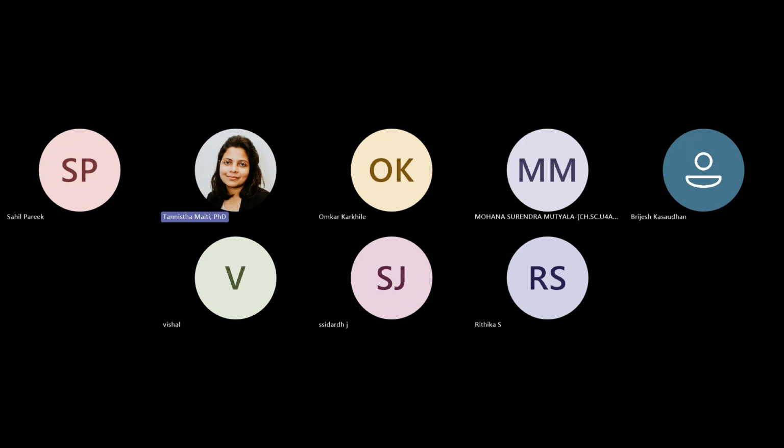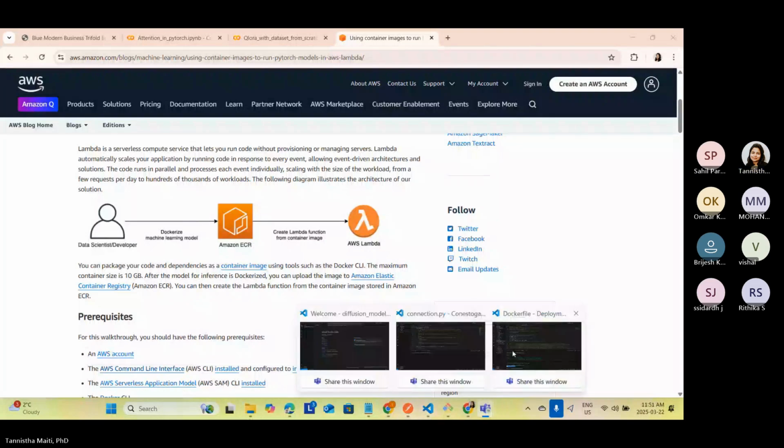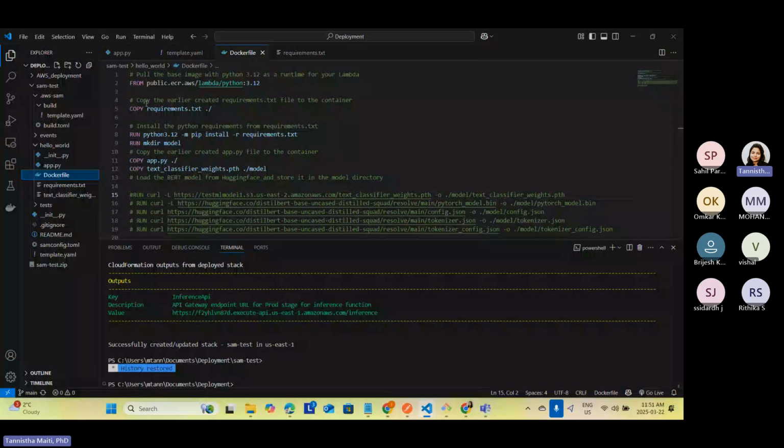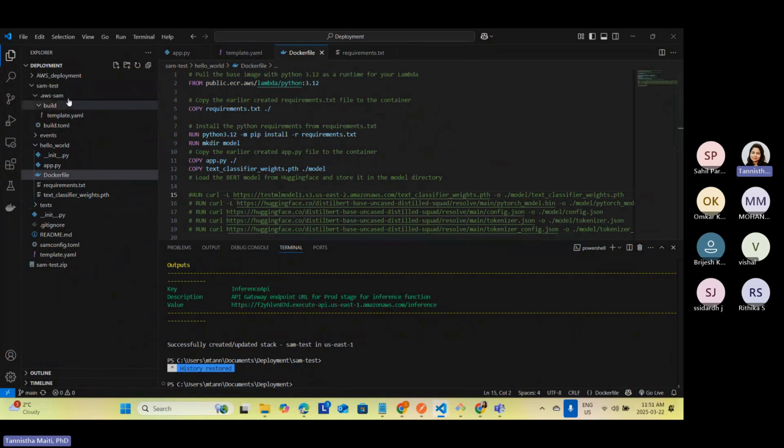What AWS does behind the scene is you simply have to provide a template like a Dockerfile to it, and you have to mention what the requirements are, which is your model. Notice this is a very simple text classifier model that I just saved as PTH, and then you can have everything inside a folder, and this is basically using a SAM method. Okay, so that's very easy to use